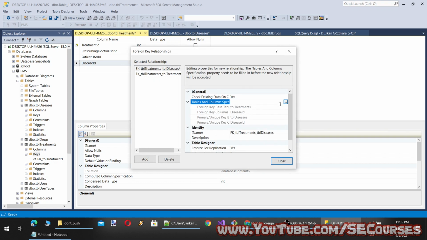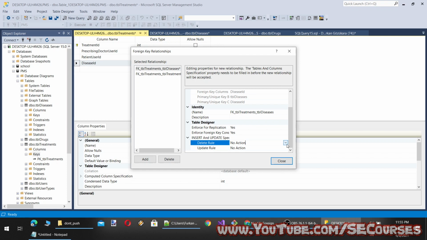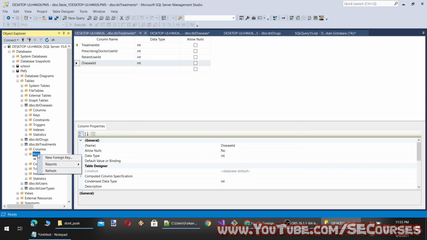Okay, now it is done and I am going to set it as cascade and cascade. By the way, when you set it like this and assume that you are trying to add a non-existing disease ID to your treatment table, then you would get an error. Okay, so this is useful for that as well.